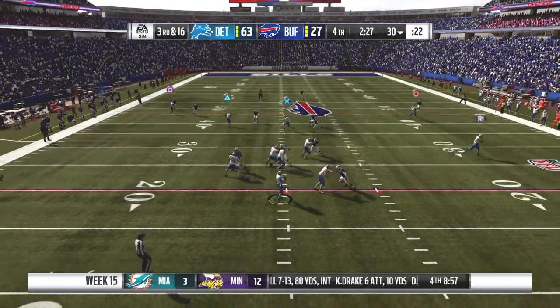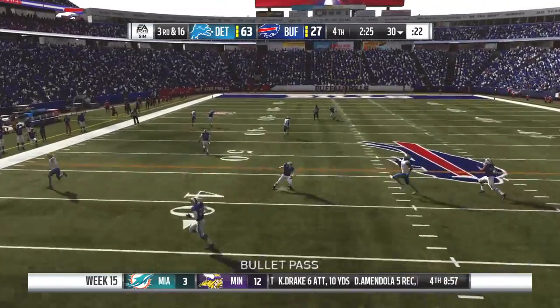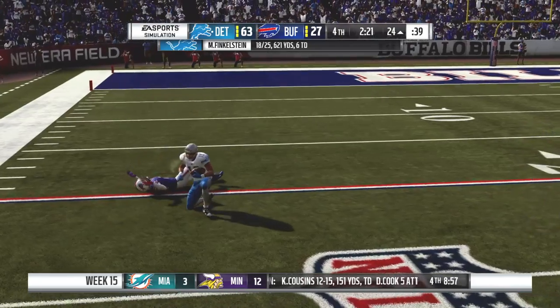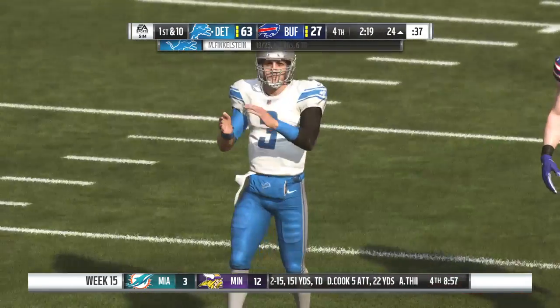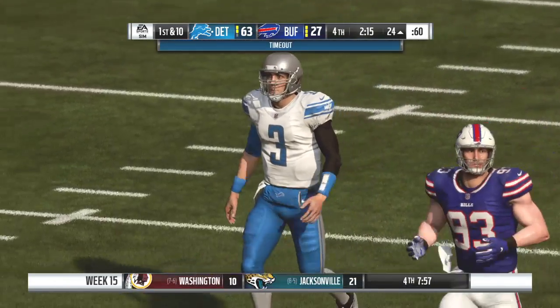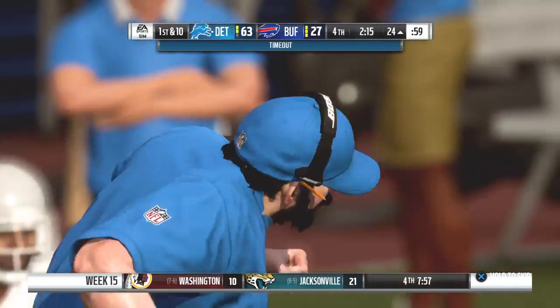They'll look to throw here. He's going to let one fly for Tate. And that is caught one-handed. Oh, my, he pulled it in. A big play there for Detroit. 46 yards. And now we won't see a play on